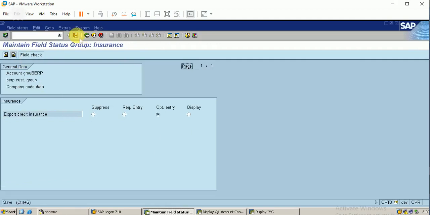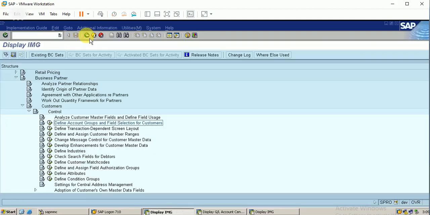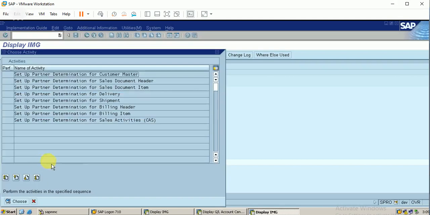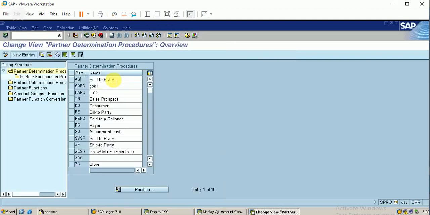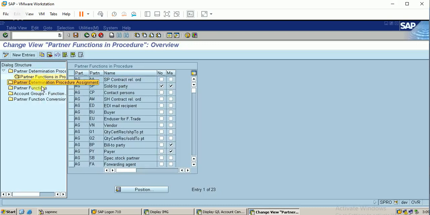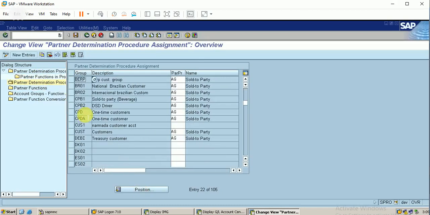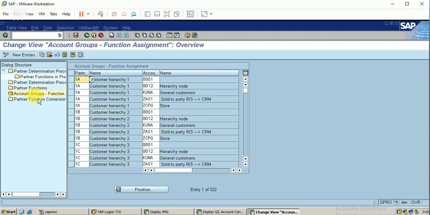Okay, and now I think I can go with the settings. Let me check once again. Set up the partner determination. Okay, everything looks fine.